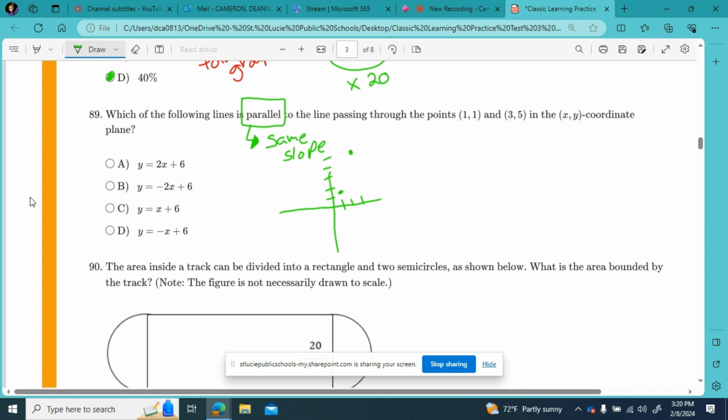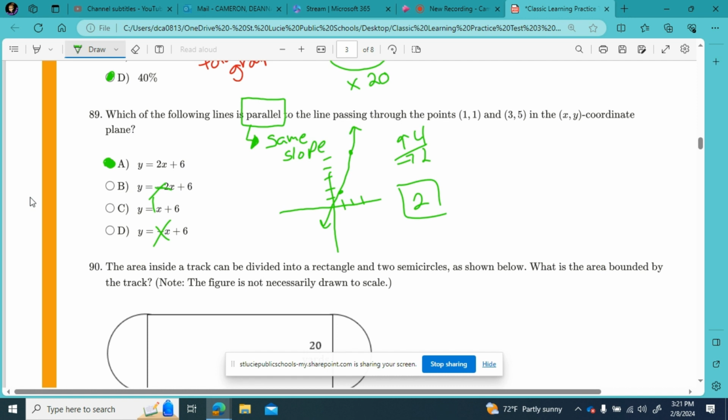And between our 2 points, we are going up 1, 2, 3, 4, and over 1, 2. And 4 divided by 2 is 2. So we need an equation that has a slope of, not -2, we want +2 because we're going up. Negatives are out. Your slope is only 1. Your slope is 2. If graphing is not your strong suit or you're not quick at that and you'd rather